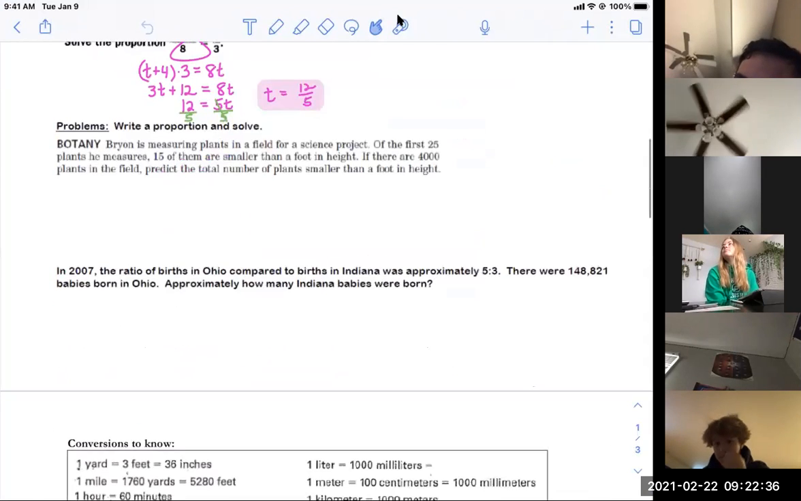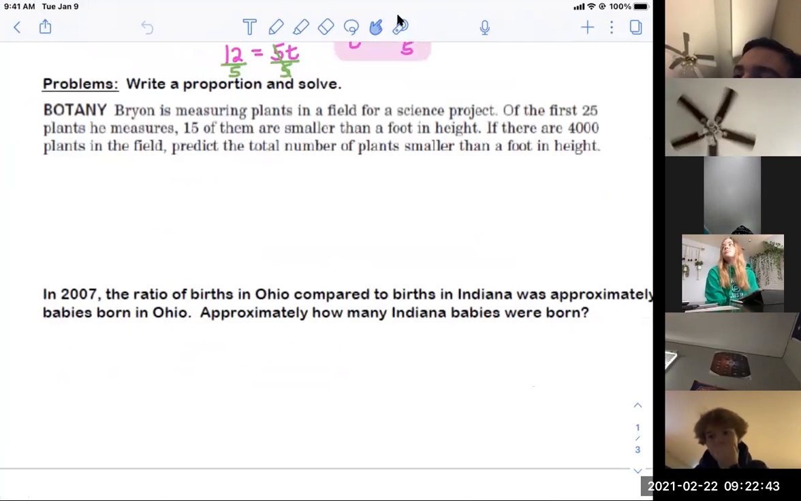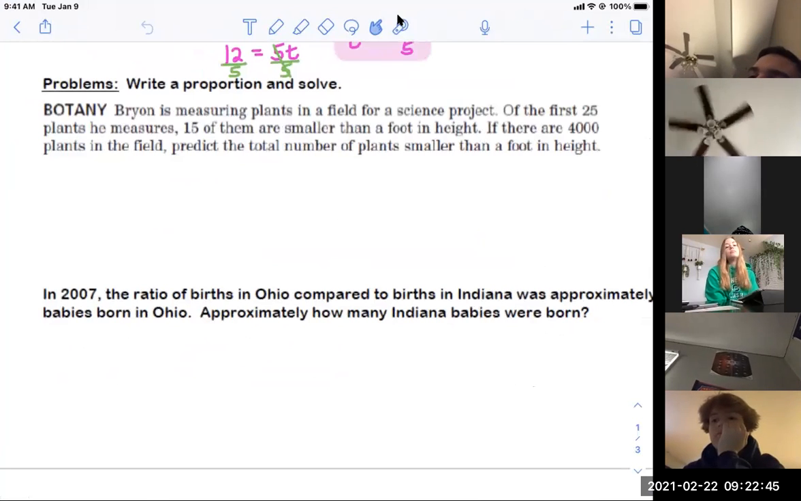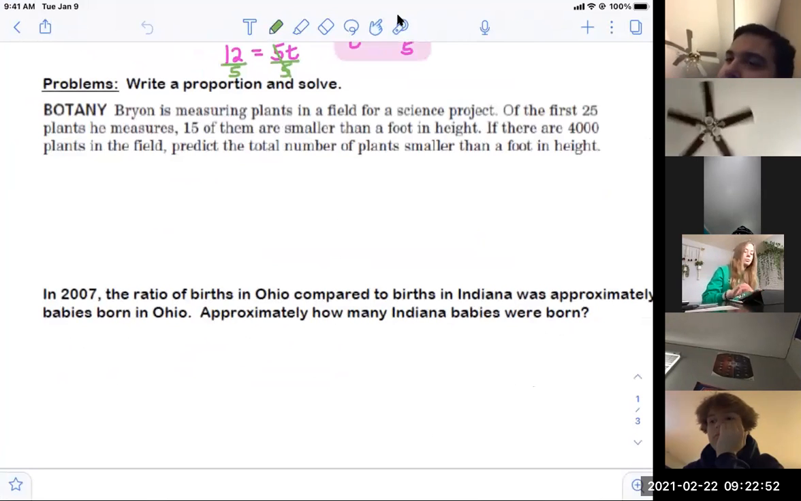Okay. For the next one, it says write a proportion and solve. Brian is measuring plants in a field for a science project. Of the first 25 he measures, 15 of them are smaller than a foot in height. So if I make a ratio, I can say